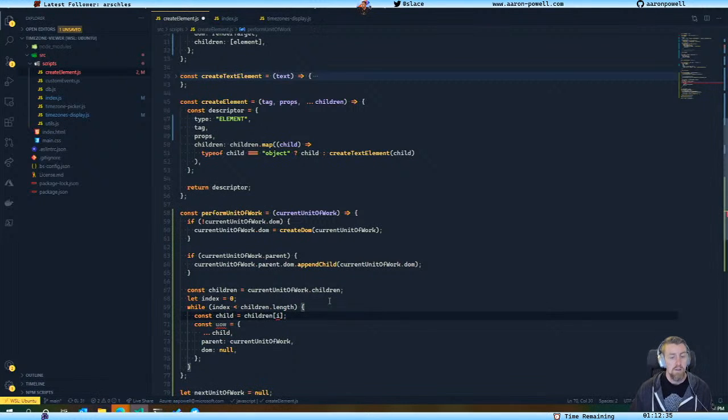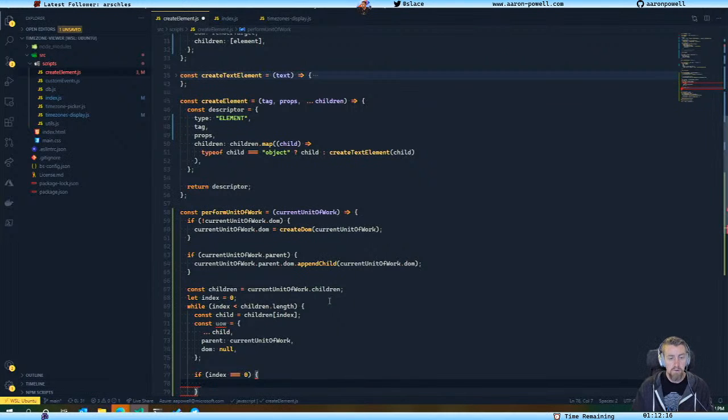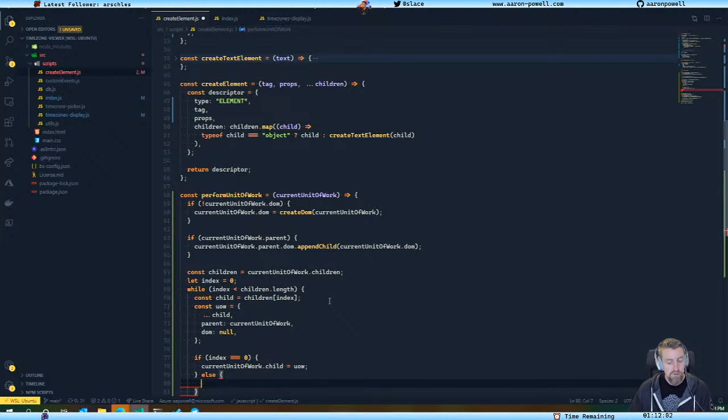index, and if the index is 0, so that's going to be the first child, then that will be the current unit of work's child will be the unit of work. So this is the next one that would be there, and then else